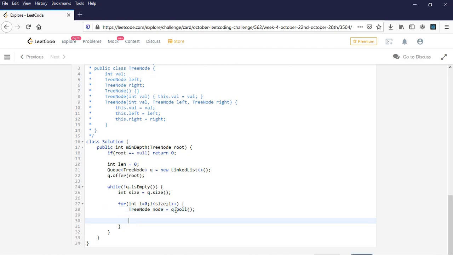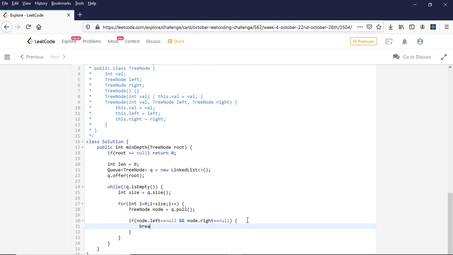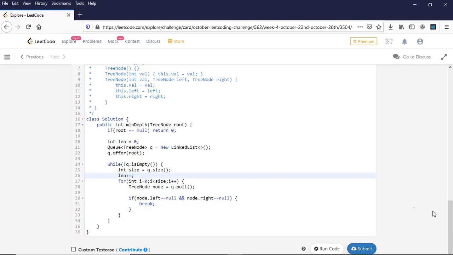Now if this element itself is a leaf, we can break at this point. But we haven't incremented the length. So this is the first level, and I can increment the length here, that is the depth of the level. Also, if I find a leaf node, I need to not only break this for loop but also break this while loop.